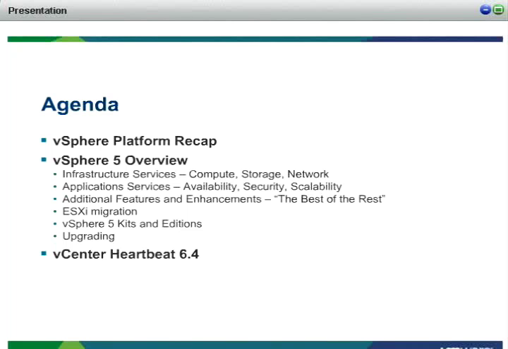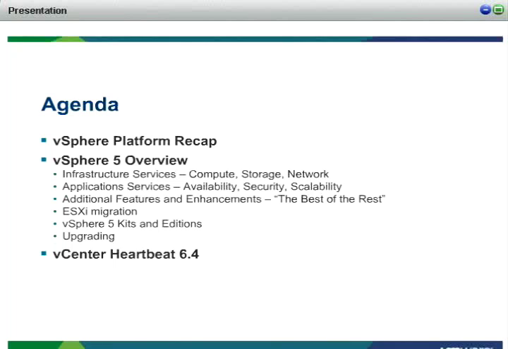We'll also cover a product that many of you may not know as well, something we call vCenter Heartbeat, which allows you to have a high availability scenario for the vCenter server component that works with vSphere. So that is also revving as a result of this particular launch, and I want to take a quick look